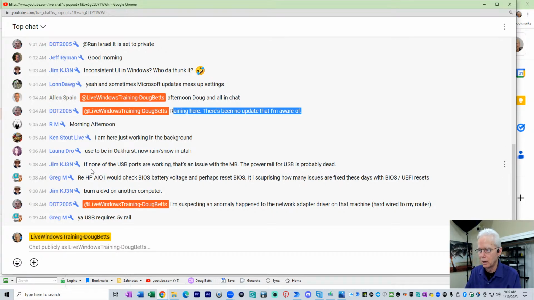Oh, she's in Utah. If none of the USB ports are working, that's an issue with the motherboard. Now, the USB ports are working, I suspect, because I think he's got keyboard and mouse connected to USB. What he told us was that he can't boot from USB, right? I'm going to go back and double check on that, because I think he's saying he can't boot on USB, not that